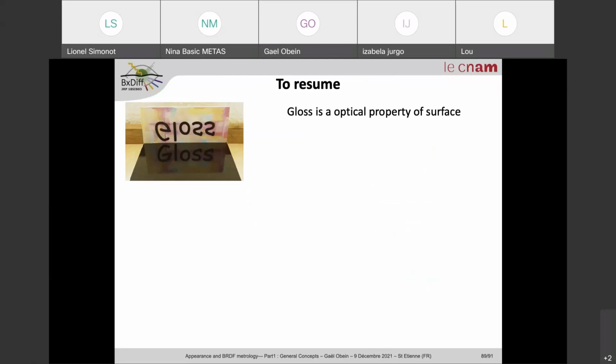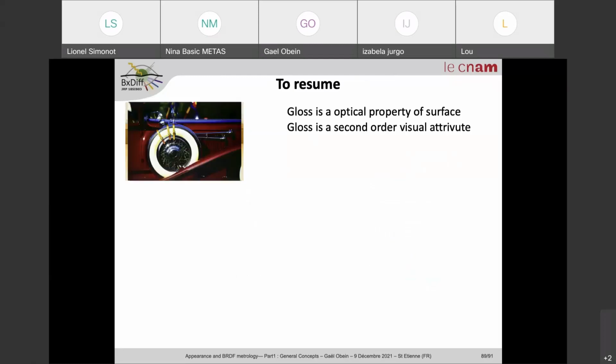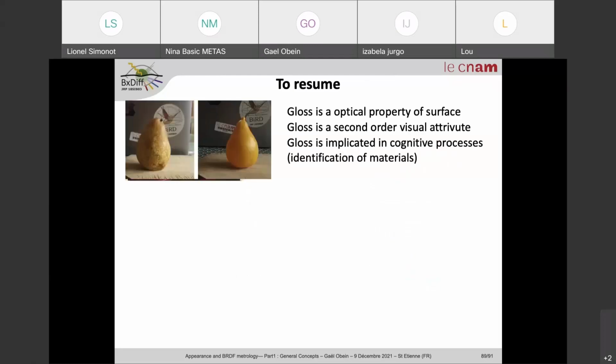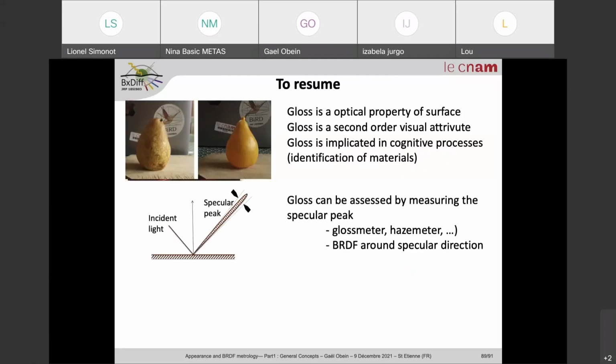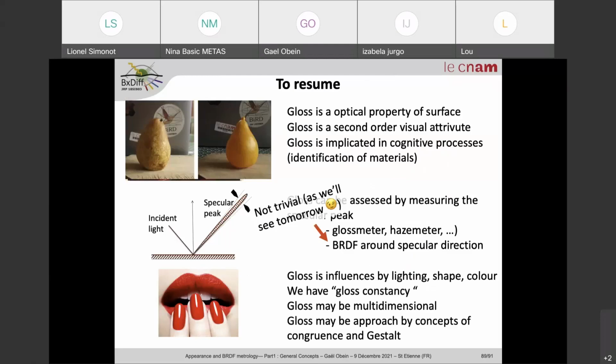And to conclude, gloss is an optical properties of a surface. It's a second order visual attribute. It is implicated in the cognitive process. It can be accessed by measuring the specular peak with a gloss meter, doing BRDF measurement. Doing BRDF measurement, be careful, it's not easy. I will talk about it tomorrow for the speckle session. And gloss is influenced by the lighting, the shape, the color. We have the gloss constancy, I talk about it. Gloss is probably multidimensional. We don't know today the dimension, and maybe an approach from a more holistic approach can, in the future, give a good